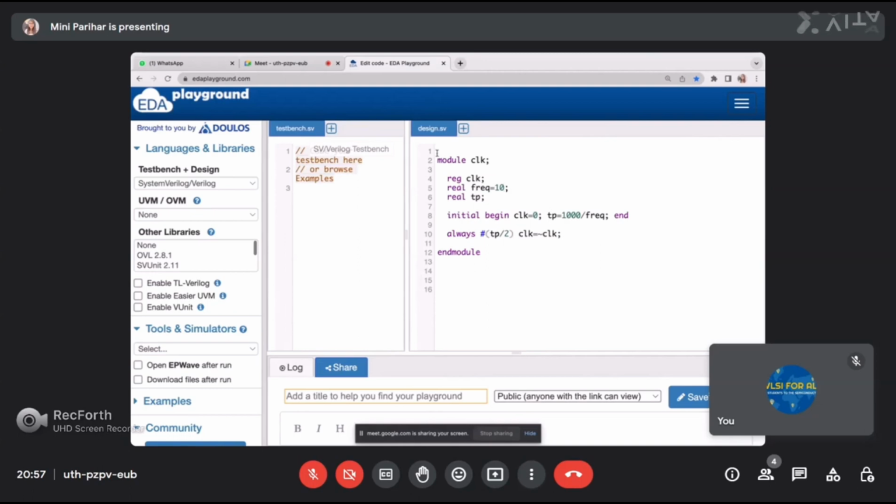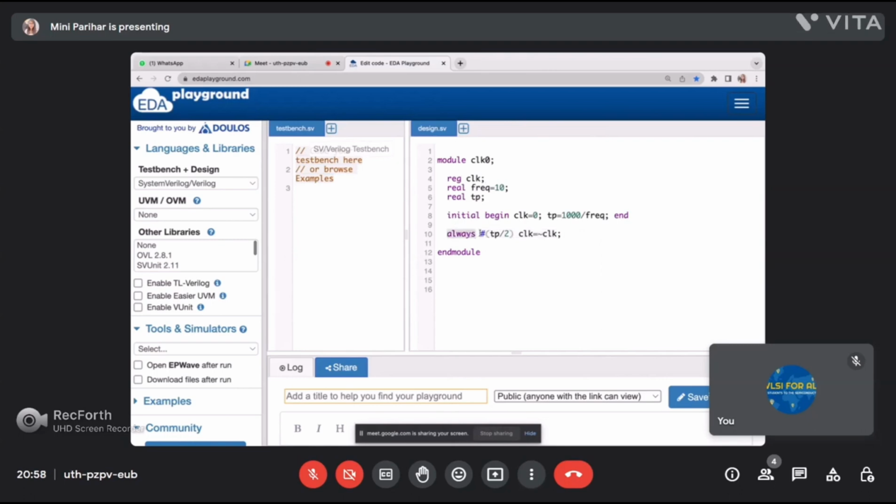Did you finish? Yeah. Okay, what is your module name? I just made it clock, it should be clock something. In line number 10, you have written always with TB by 2.